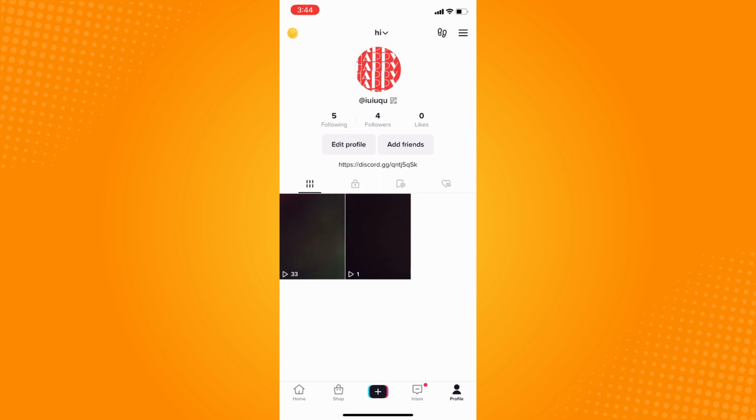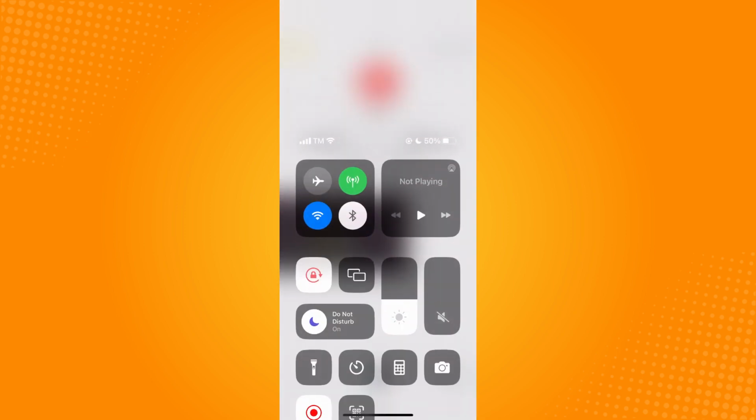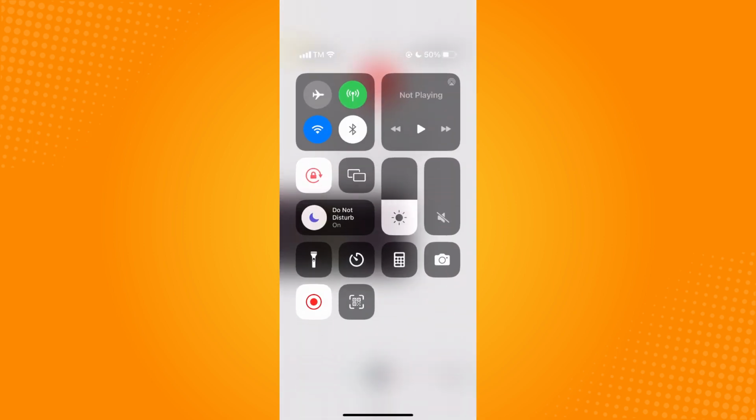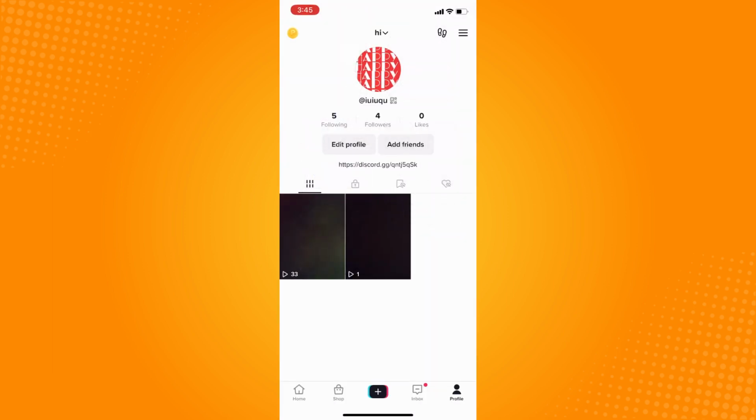You can't follow anyone on TikTok? You have to make sure that your mobile data or your Wi-Fi is strong or very stable so that you can follow someone on TikTok. Now, if it's stable and you still can't follow anyone, all you have to do next is to go here